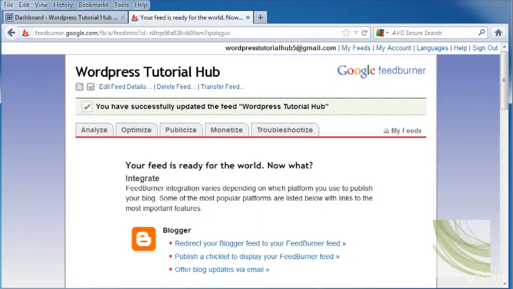Hi. For this tutorial, we're going to take a look at how to activate our WordPress Tutorial Hub with FeedBurner. And this is going to make it so our RSS feeds on our WordPress page go automatically into our FeedBurner RSS. So on the WordPress Tutorial Hub right now, I am in my dashboard where I can edit my feed